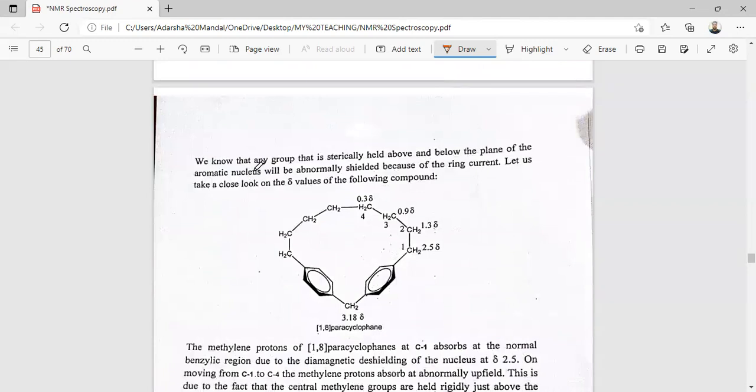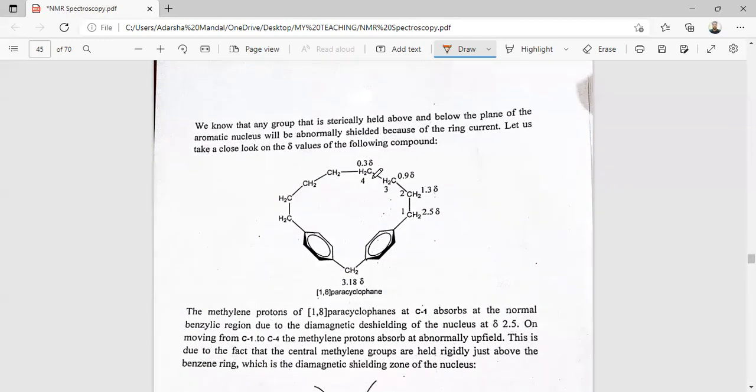So now, any group that is strictly held above and below the plane of the aromatic nucleus will be abnormally shielded because of the ring current. So let us take a close look at the delta values of the following compound. So that means any group sterically held above and below the plane of the aromatic nucleus will be abnormally shielded because of the ring current. So this is the 1,8